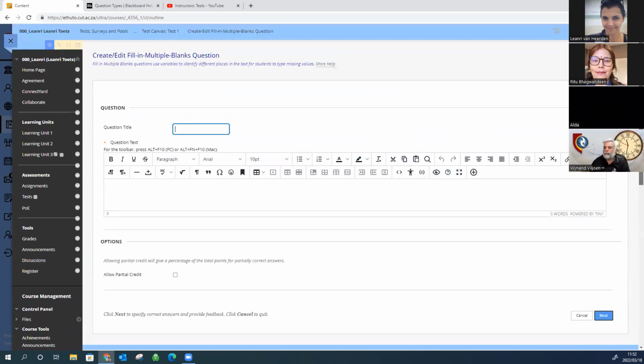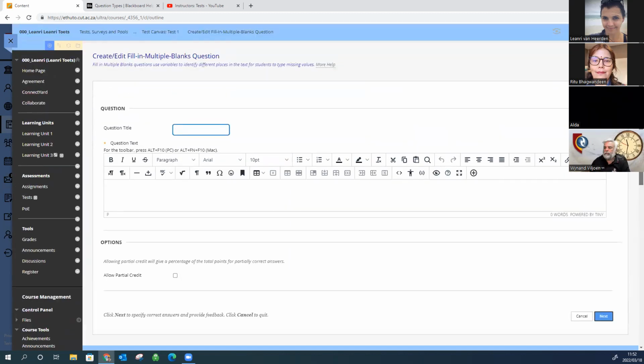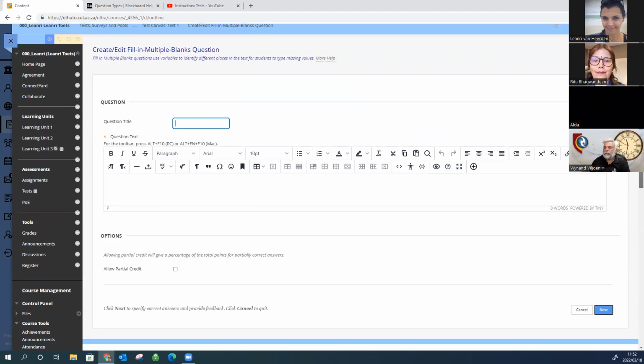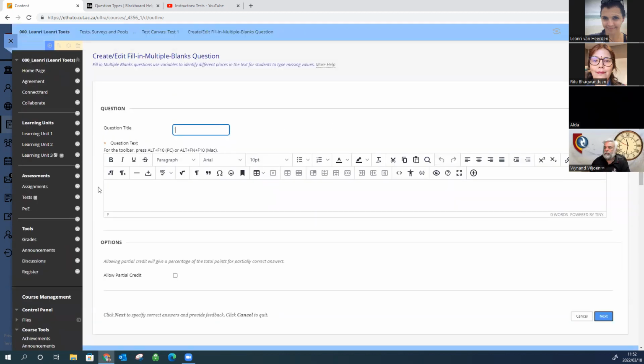So this is the way that works. It should put it in here somewhere. Oh, there we go. Question uses variables that identify. It doesn't actually show you how. That's silly. Anyway, I'm going to show you how, so it's not a problem. So we're going to put in a statement here with blanks. And these blanks are going to be little boxes very similar to this one that the student needs to fill out. We can also tell the system what these are,